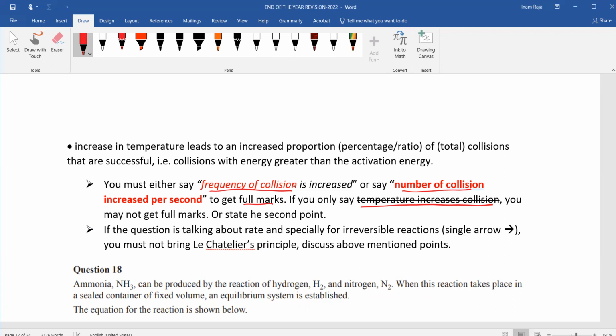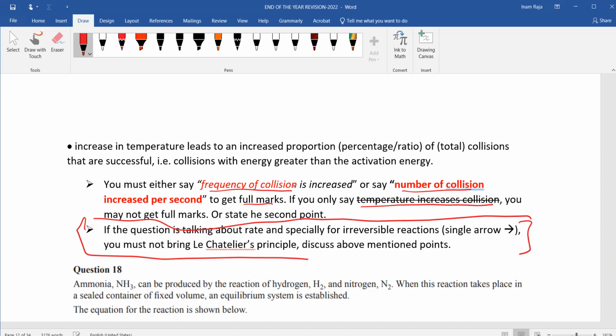Okay, and second important thing, I want you to know this really well. If the question is talking about the rate, it's not saying shift, chemical shift, or which reaction is favored. This language is not there. If it says rate only, please talk about collision theory, the one we discussed. Increase in temperature will increase the average kinetic energy, which will increase the frequency of collision, and talk about that. But if the question is talking about which side reaction will be favored, or which product will be produced more, or which side the reaction will shift, there's no rate thing in there, then talk about Le